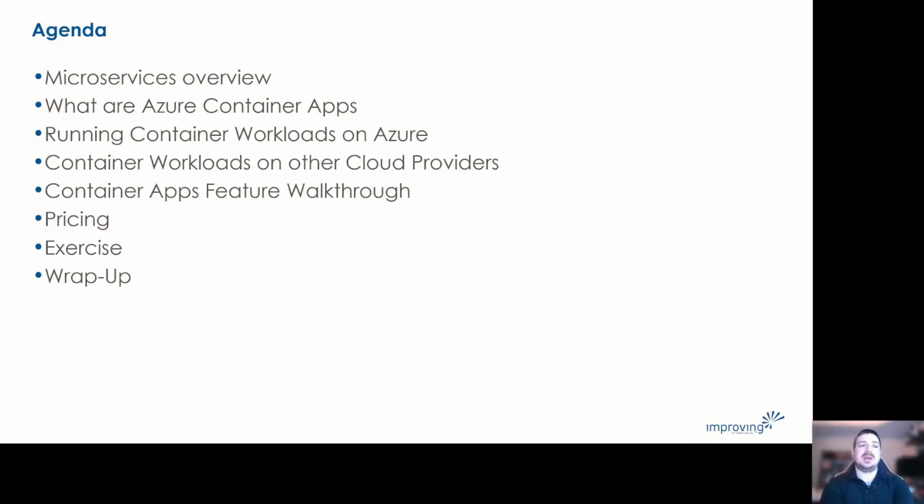So a little bit of an agenda. When we're talking container apps, we're talking microservices. So we'll do a real quick overview of a microservices architecture and why that architecture has really taken off and the advantages it provides. In the context of that, we'll talk about what Azure Container Apps are and what solutions it brings to the table to help provide some ease of use and enhanced capabilities when you're building out